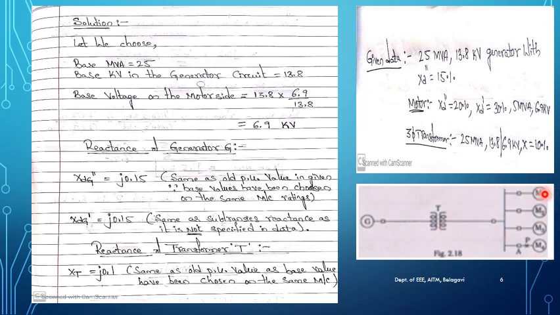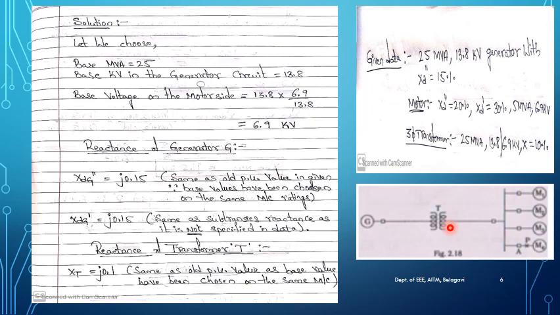Now observe over here, all these motors are connected to the common bus bar and further it is connected to a transformer. The transformer has a rating of 13.8 by 6.9 kilovolt. So according to that, these motors are connected to the voltage of 6.9 kilovolt, so this will be connected to our LT side of the section.